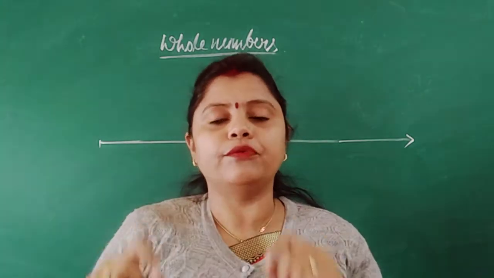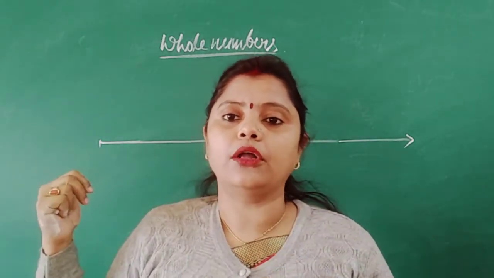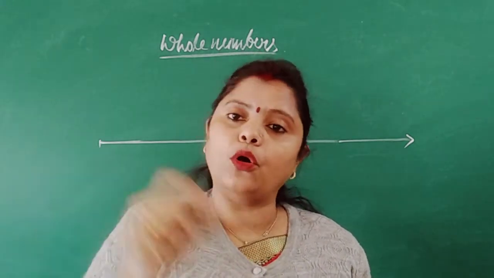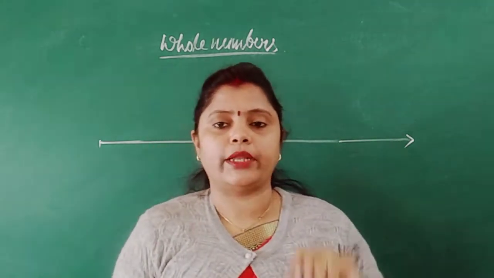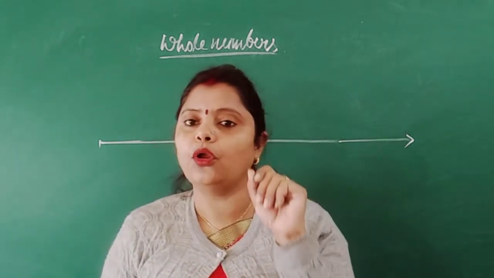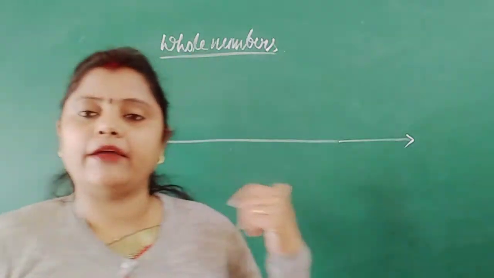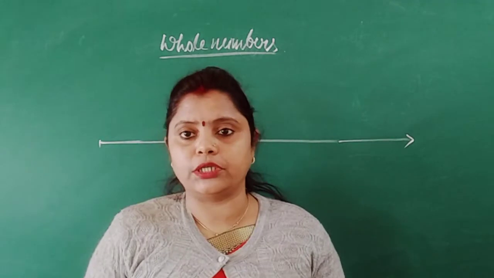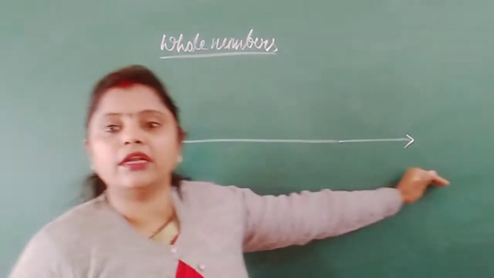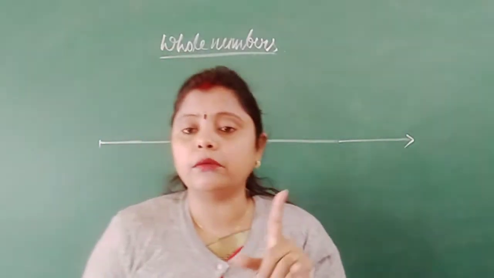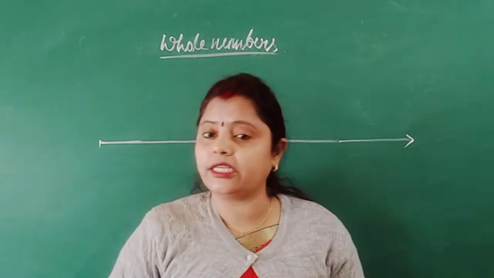Now in this video we will discuss how to represent whole numbers on a number line. Before starting, as we know that whole numbers start from 0, right now you can see at my back I have drawn one ray. It's a ray where a point is there and it is moving in the other direction. You remember whole numbers start from 0. The smallest whole number is 0, that means 0 is the initial point.